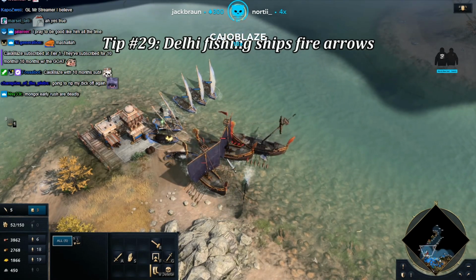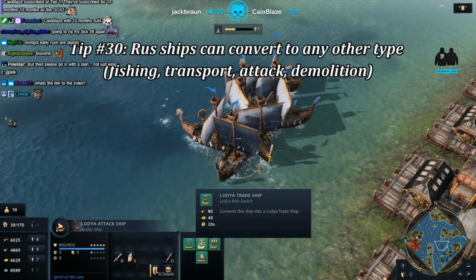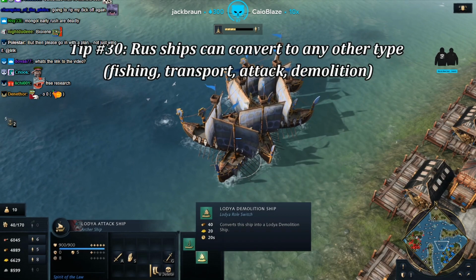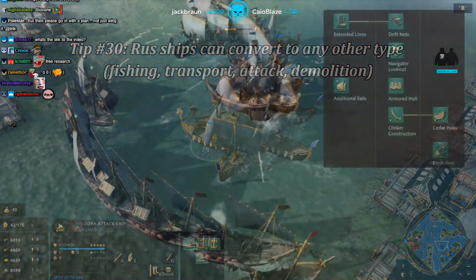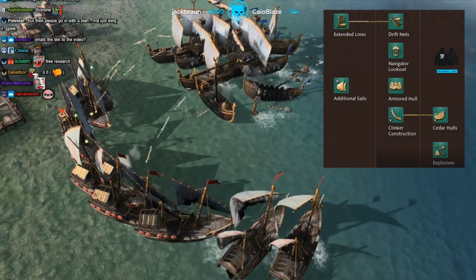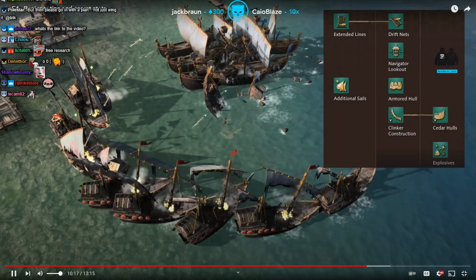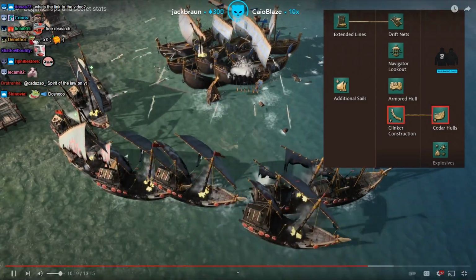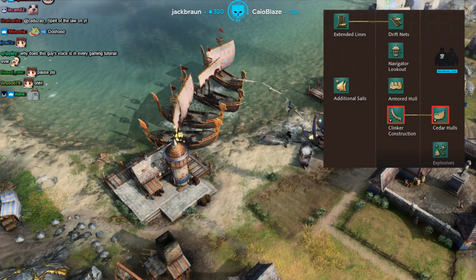As for the Rus, their navy is also pretty unique and maybe a little counterintuitive. Their ships can actually convert between different types for a small cost. In addition to that, unlike every other civ, they only have one type of warship, plus the demolition ship, and instead of unlocking additional types of ships as they age up, they just get a unique technology to improve their HP. Just keep in mind, if you aren't keeping up with your techs, you'll find you're eventually outmatched on water